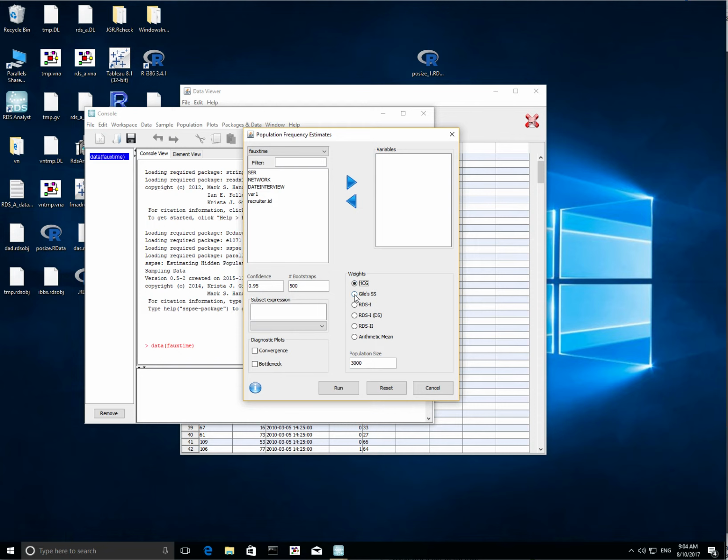Additionally, we have the Giles SS estimator, which is a generalization of the RDS2 estimators and reduces to the RDS2 in the case of large or small sample fractions. RDS1 and RDS1 data smoothed are two additional estimators, and then RDS2. RDS1 is sometimes known as the Fulgonic hectophoton estimator,